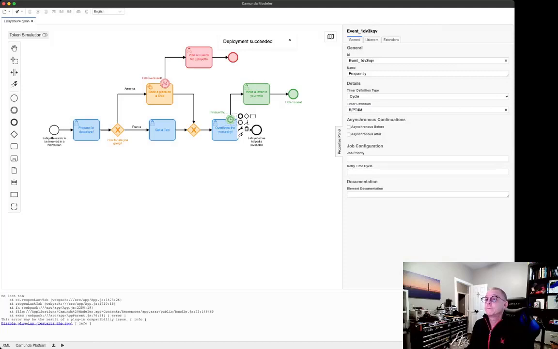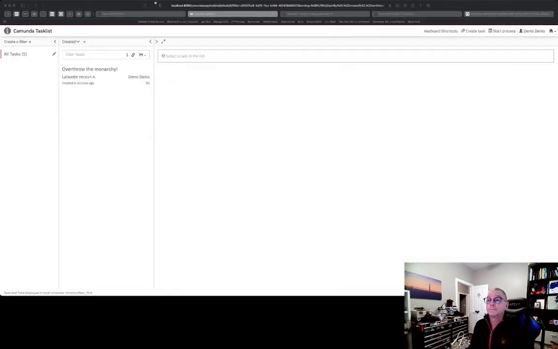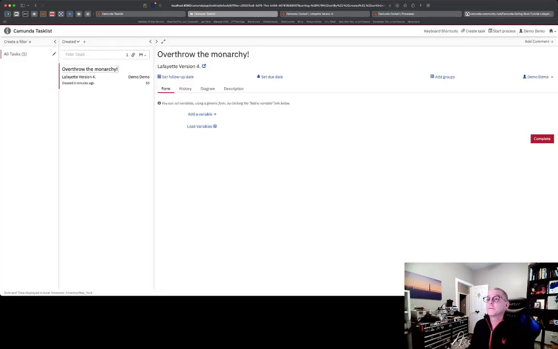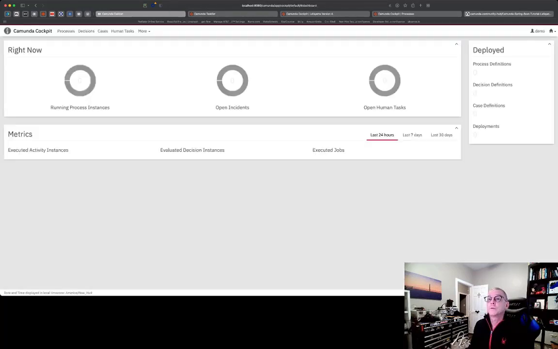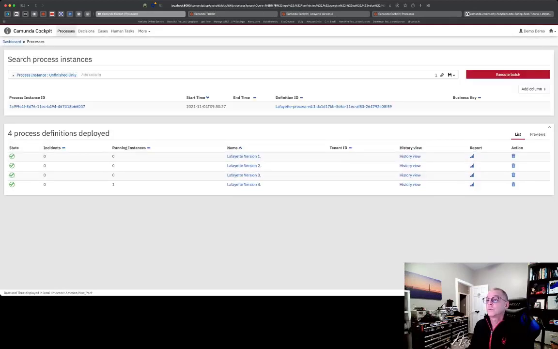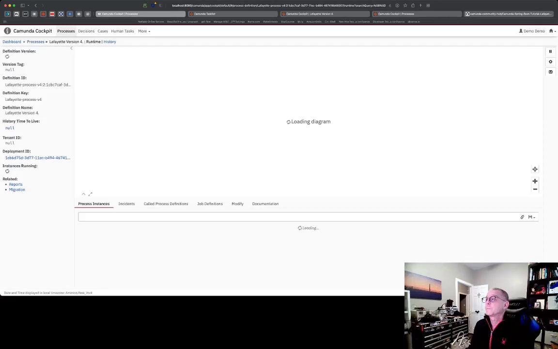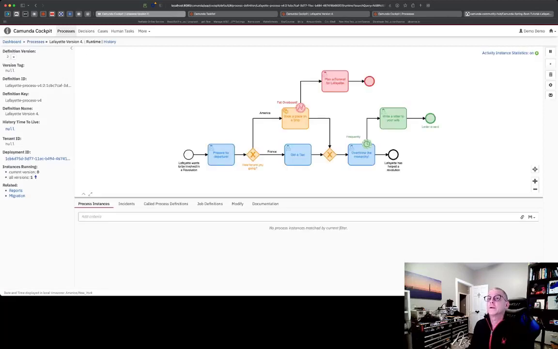Deployment succeeded. So we've changed that, and it's time now to go back and see what's going on. If we reload our task list, we only have 1 overthrow the monarchy left. But let's go in to Cockpit. We have 1 running process, 1 running instance. It's Lafayette 4. And if we click on history,